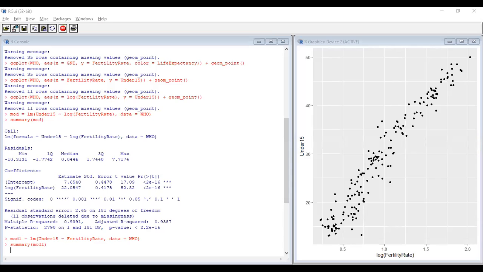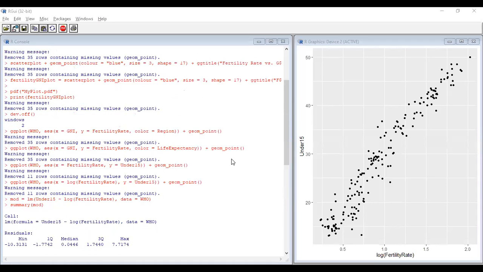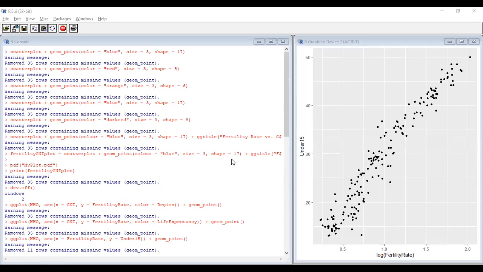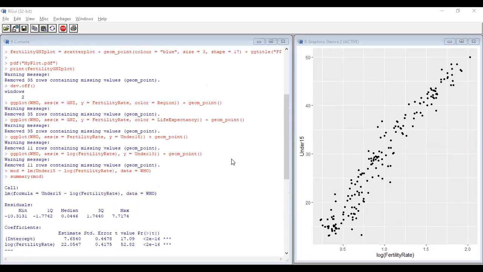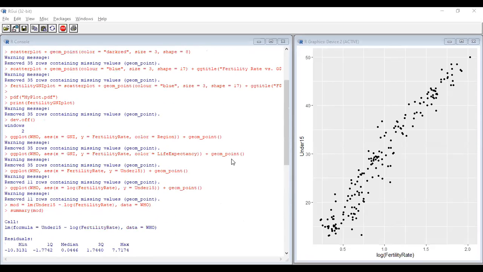Okay. So far, we have taken the WHO data set and installed ggplot, and we have done a scatter plot and compared the base R plot with ggplot. Then we changed the color, size, all these things.